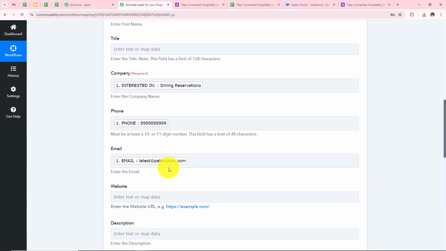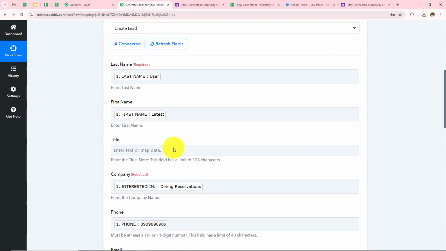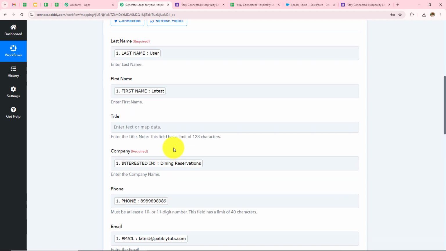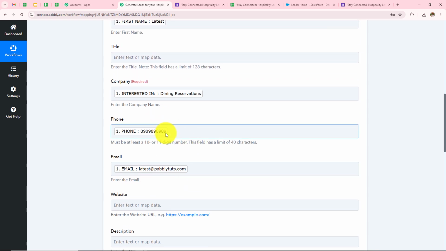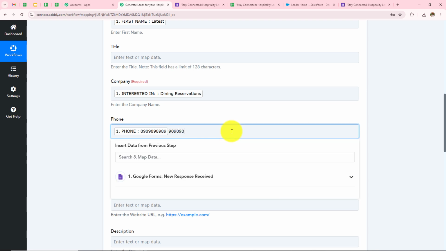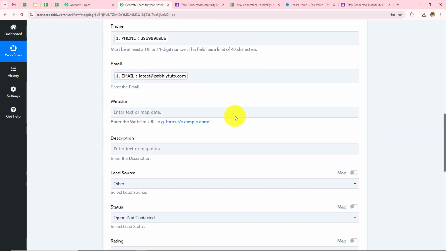Now after entering all these details, here I have used the method mapping. So mapping is important so that every time we receive a new response, it is taken into consideration in these fields. Manually entering the data will make these fields static and the information will not change even if you have received a new response. Over here, if I manually enter any data, this field will become static, and then every time I receive a new response, the result will not change. So to keep these fields dynamic, we use this process, mapping.